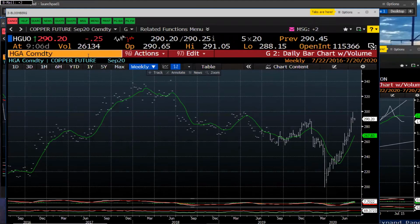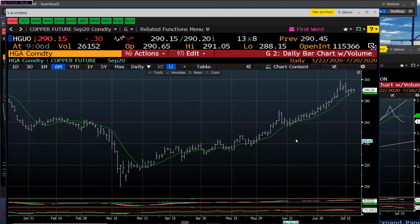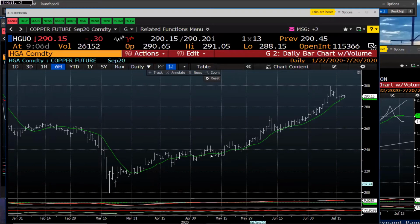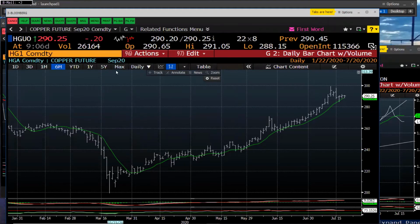Copper has been certainly a lot stronger than many people have given it credit for. And I think that you're up against the 300 level, which does tend to have some importance. You've gotten a bit stretched. And so for those that look at the longer term charts of copper,